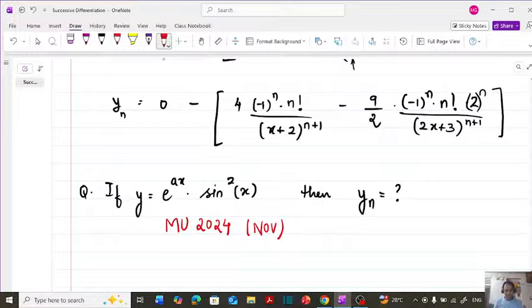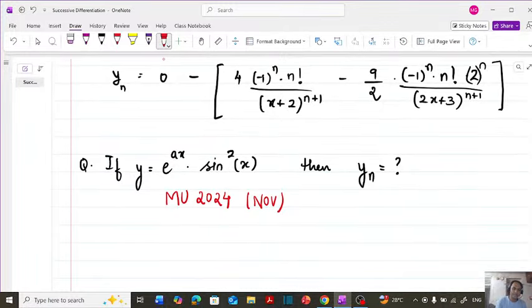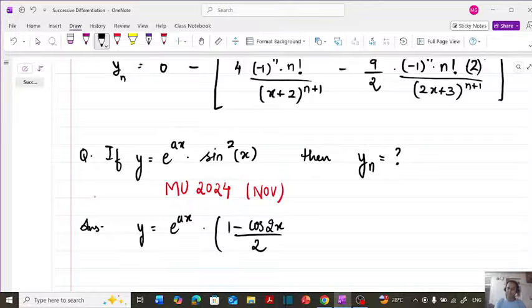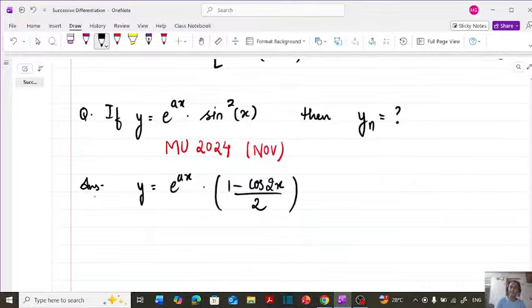So, how do you start about these kind of questions? So, let us see. The first thing you have to understand here is that you cannot solve this question directly by just applying formula number 6 or 7. You need to manipulate the question a bit. So y is equal to e raised to ax into 1 minus cos 2x divided by 2. If you remember the sine square formula, sine square theta is 1 minus cos 2 theta divided by 2. So you do that,